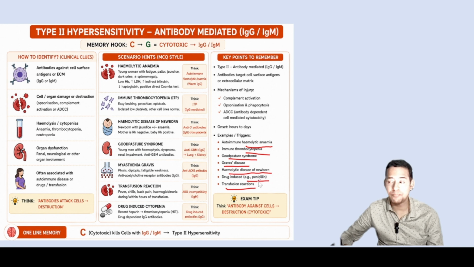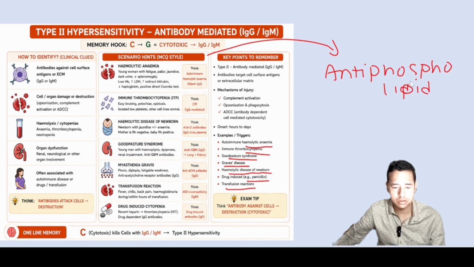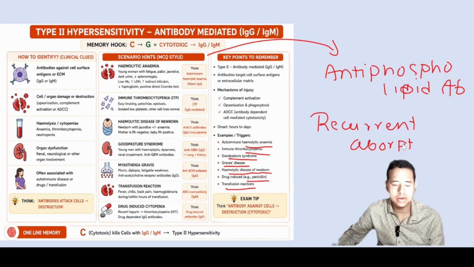For the exam, mostly they will ask you allergy. The first one, anaphylactic shock, and the fourth one, delayed type. These two are most frequently tested. Antibodies, very frequently they may ask you about hemolytic anemia, and they will also ask you about antiphospholipid syndrome. This is most important, antiphospholipid antibody. They will give you a classic scenario like recurrent abortion